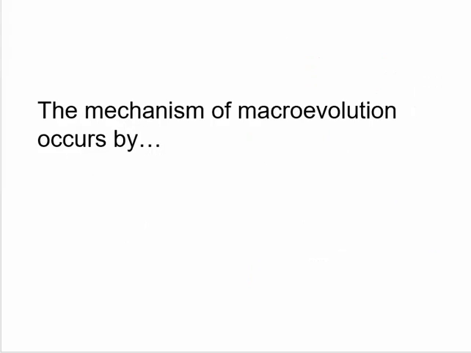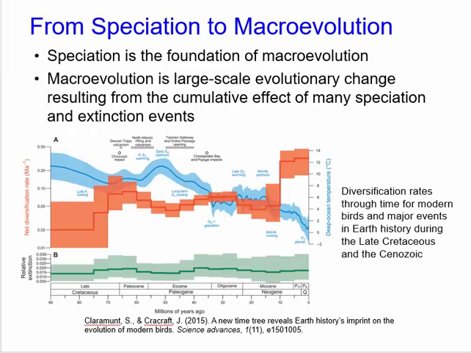All right, a question for you then. The mechanism of macroevolution occurs by what? Right, so speciation, that's the core of macroevolution, and we think about it as at a big picture level. We're thinking multiple events of speciation. That's really how macroevolution is defined. And so these large-scale changes over time through, say, speciation,